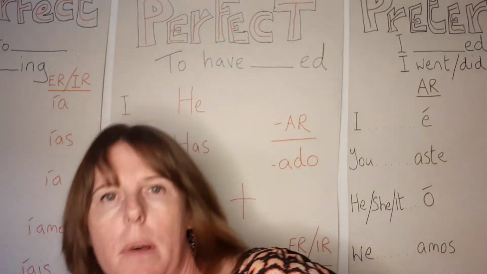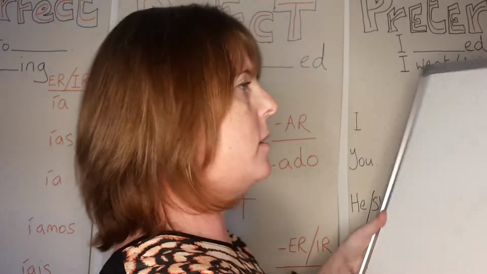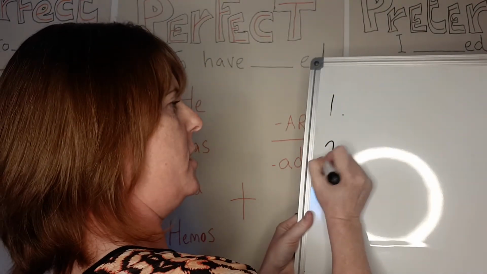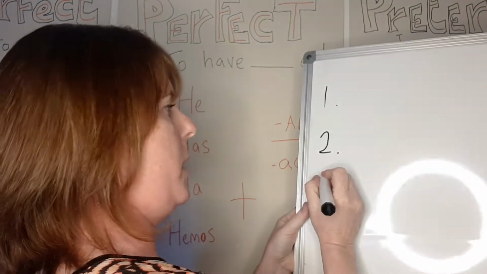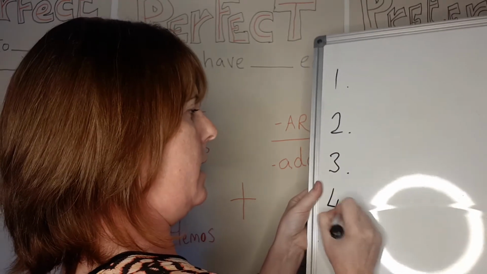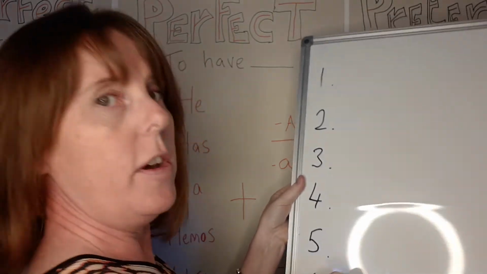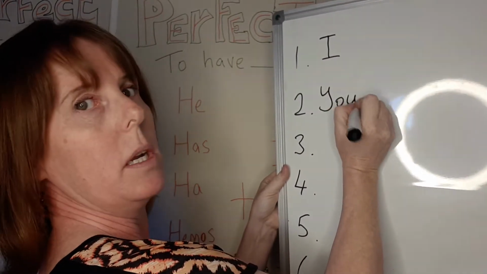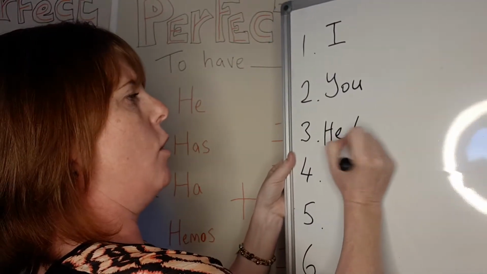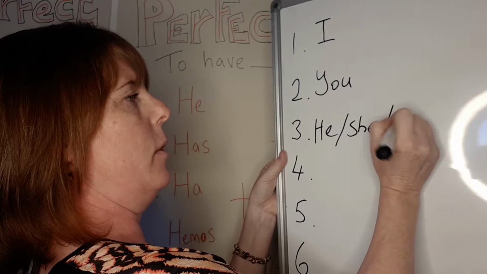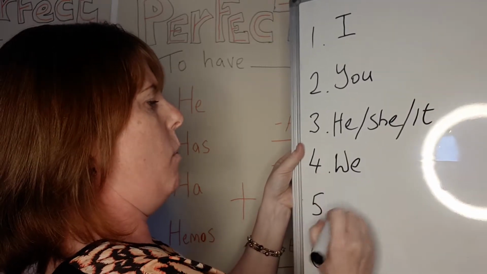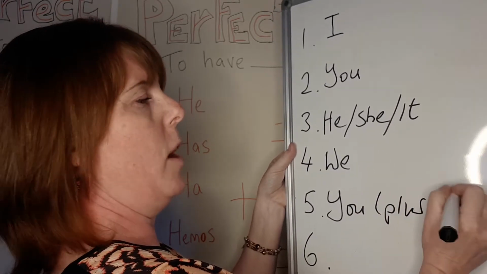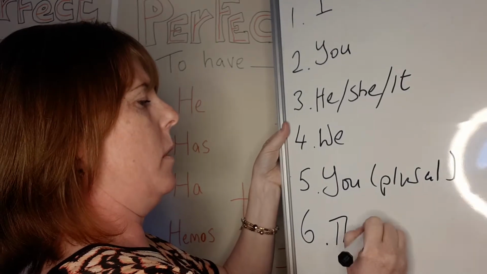I don't know if you've seen the charts in my room at school, but you'll see on here in a minute because I'll point them out. From top to bottom, the 6 parts that the whole infinitive gets split up into. So the first part will always be I. The second one is always you. Third one, he, she, or it. It can be any of those. If you want to say we, it's that one. If you want to say you plural, it's that one. That's if you're talking about a group of people. Or they is the 6th one.